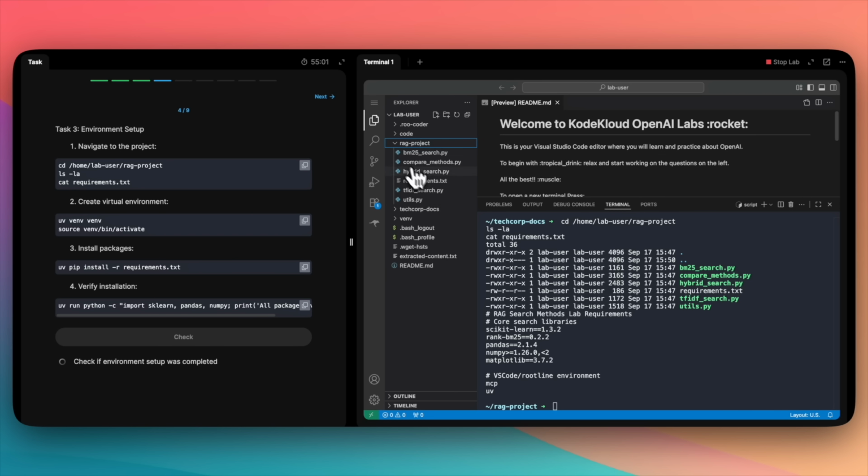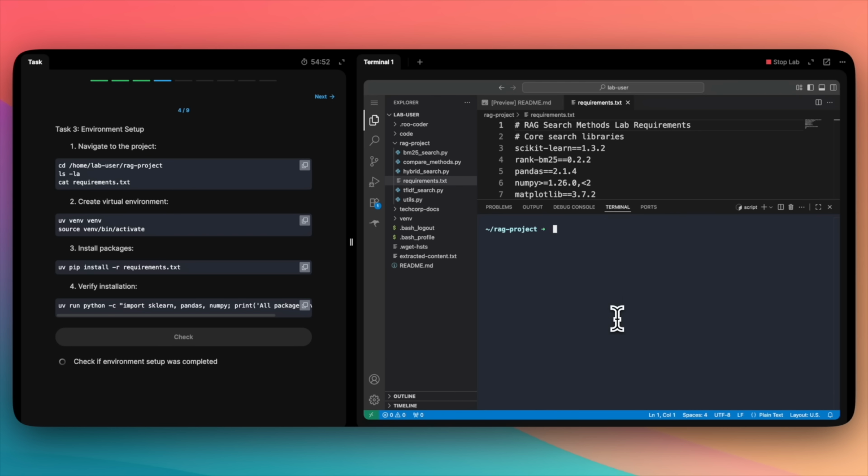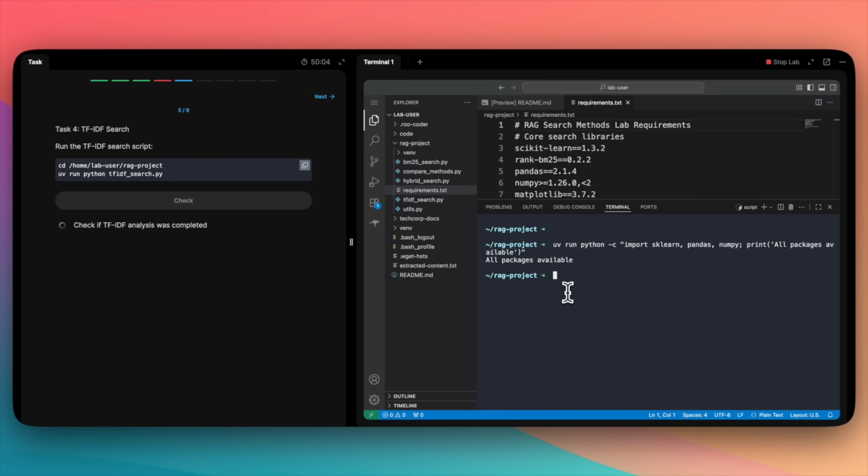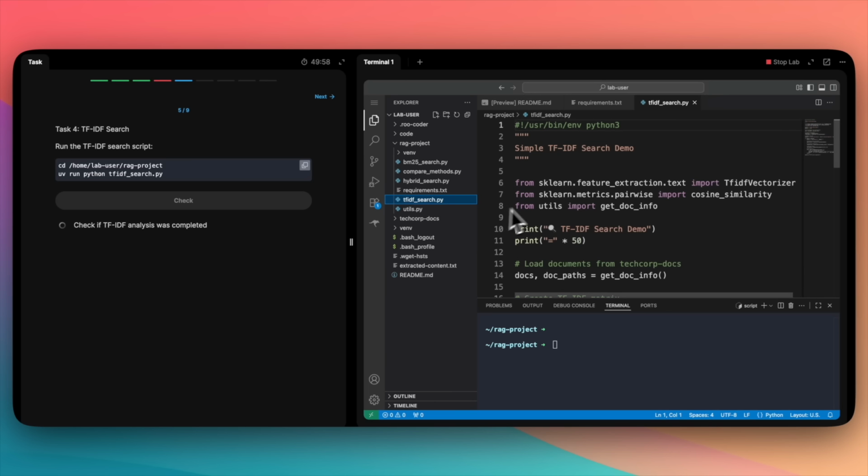The next task is to set up a Python virtual environment and install dependencies. I'll let you do that yourself. We'll move to the next task now. Here we explore the TF-IDF script. Here we first